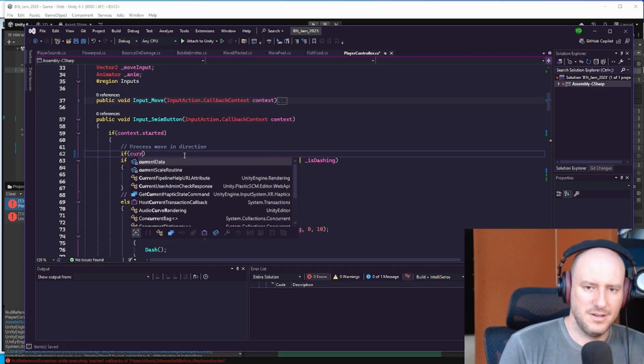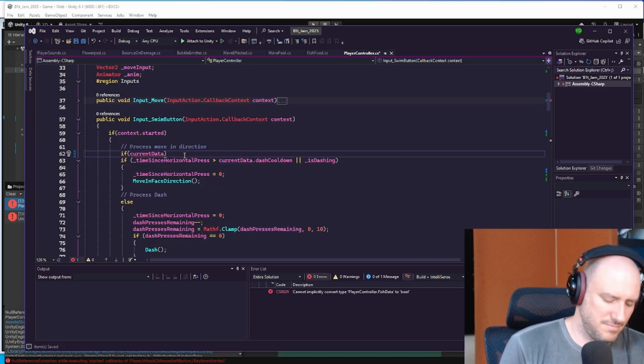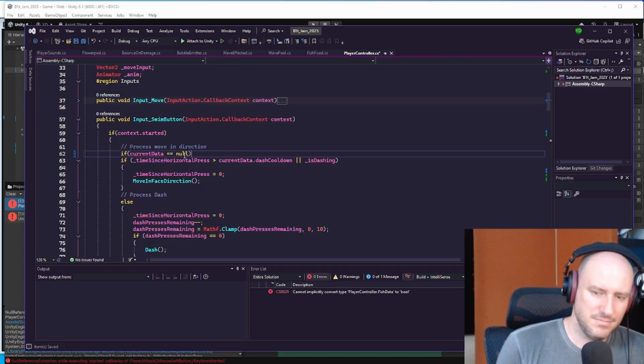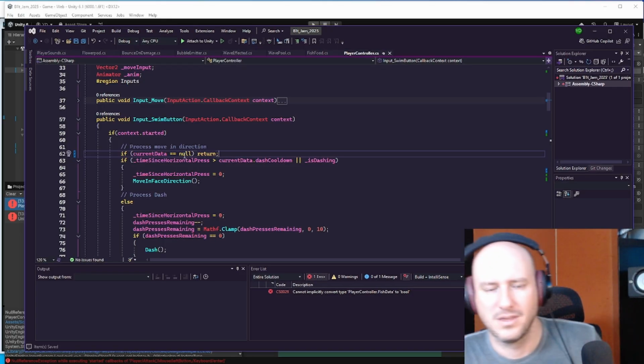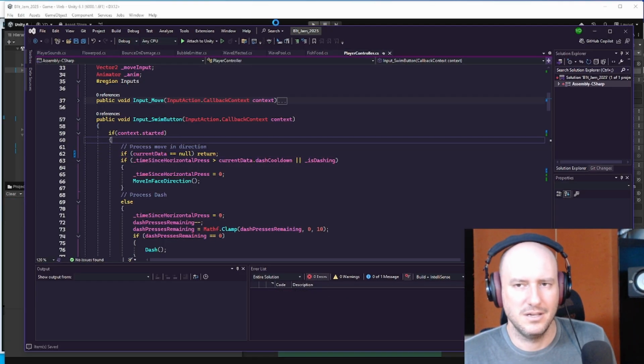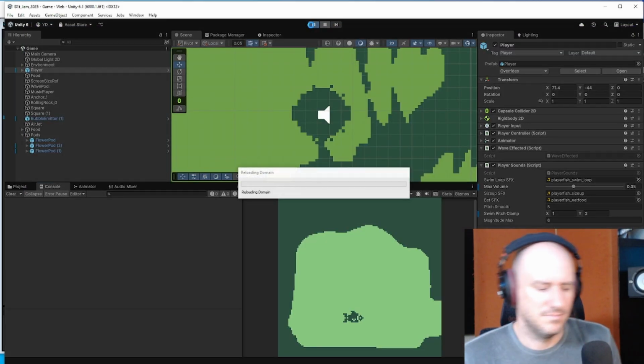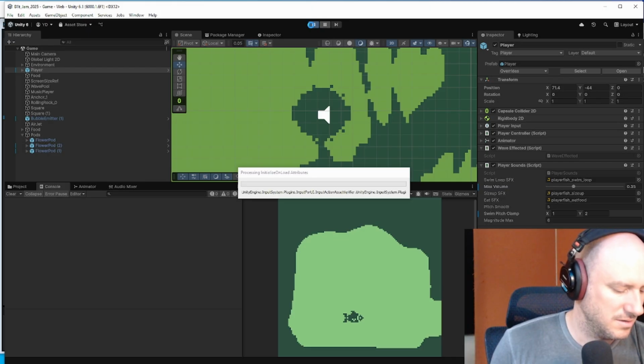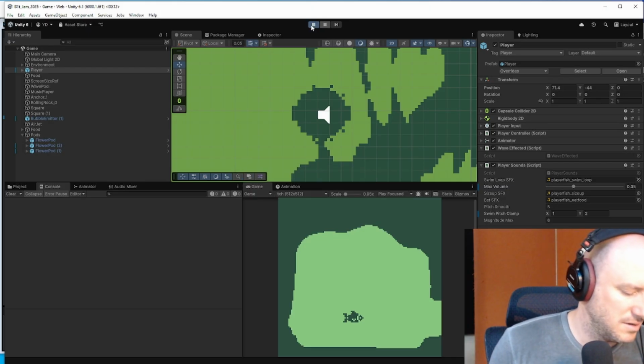If current data is equal to null, return. Basically, if I click before, if it registers a click on awake, then it causes an error because